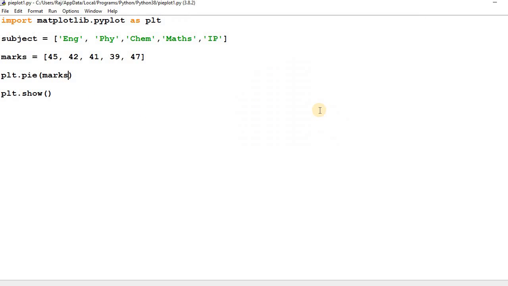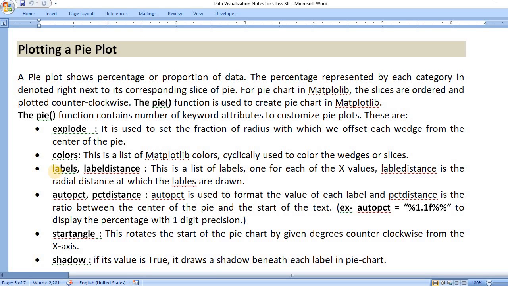So comma, labels equals, and then labels. We have stored the labels in subject. So look here, this is the labels attribute we are using. This will display the labels.